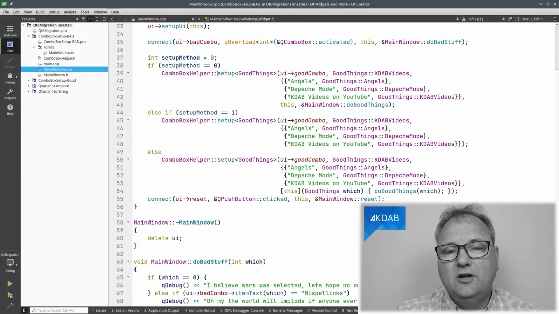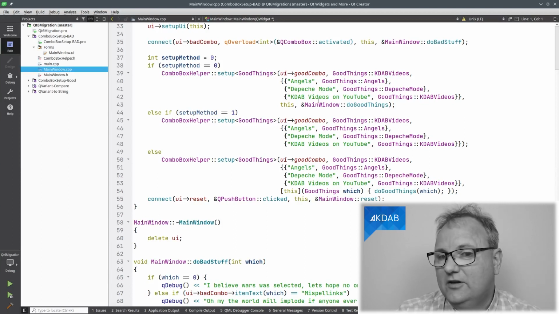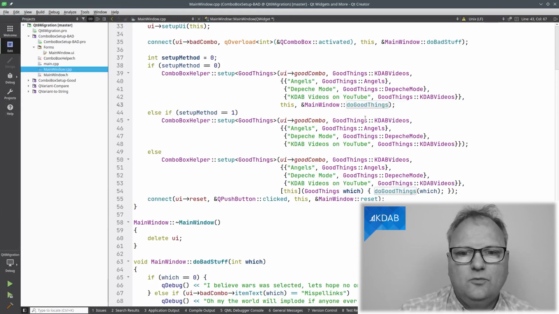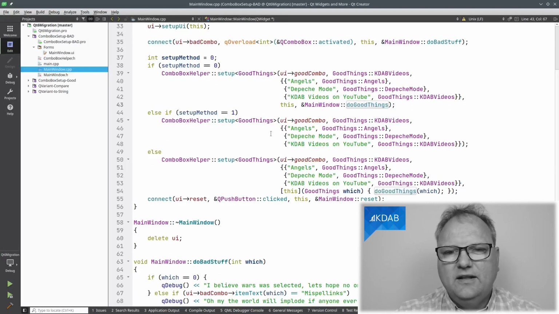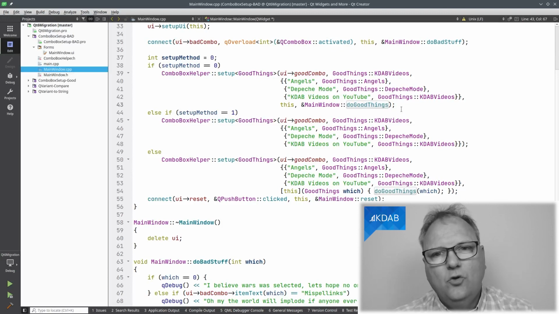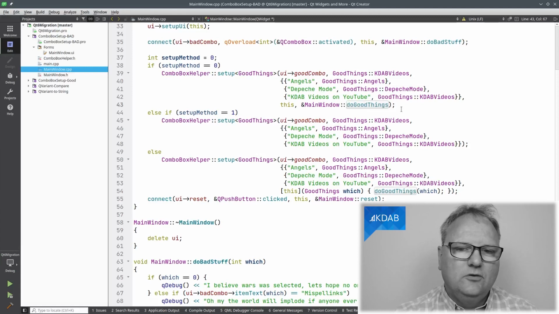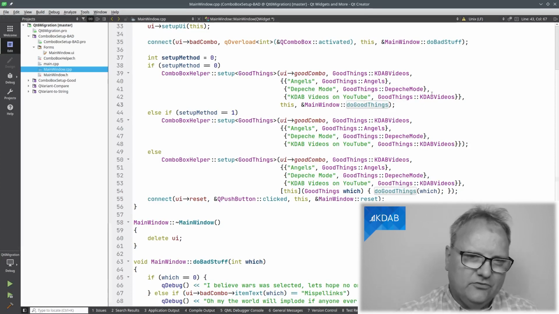I had this combo box helper class, which took the enum as a parameter, and then it simply populated with the elements in here. And later on, whenever my slot here, doGoodThings, was invoked, it was invoked with the enum here, MainWindow::GoodThings. So if I made any spelling errors or I added new enums, I did not access it by index nor by the string that was typed into Qt Designer, but instead through this enum here, and I was done with it. That worked well. Let me just run this code here.